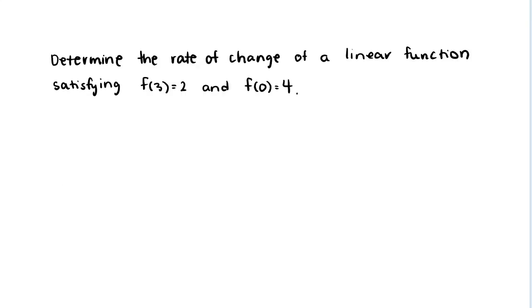Okay, so let's continue with this idea of rate of change. I know that some linear function, when I input 3 into this function, I get an output of 2. And when I input 0 into this function, I get an output of 4. And so here, when we want to find the rate of change, and here I'm not saying average rate of change because for a linear function, the rate of change is always the same. And so we can just call it the rate of change, not the average. And so the rate of change,